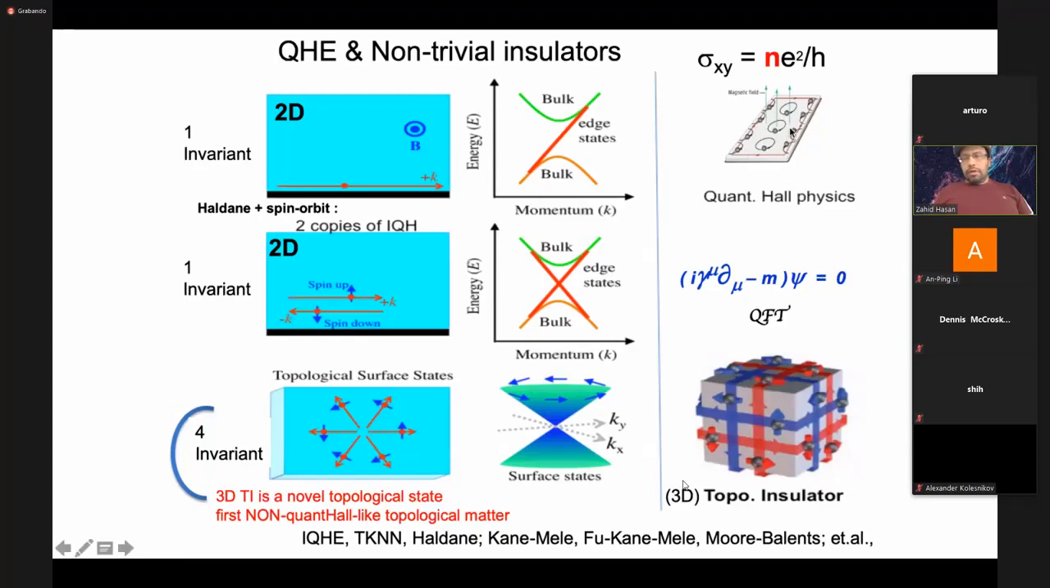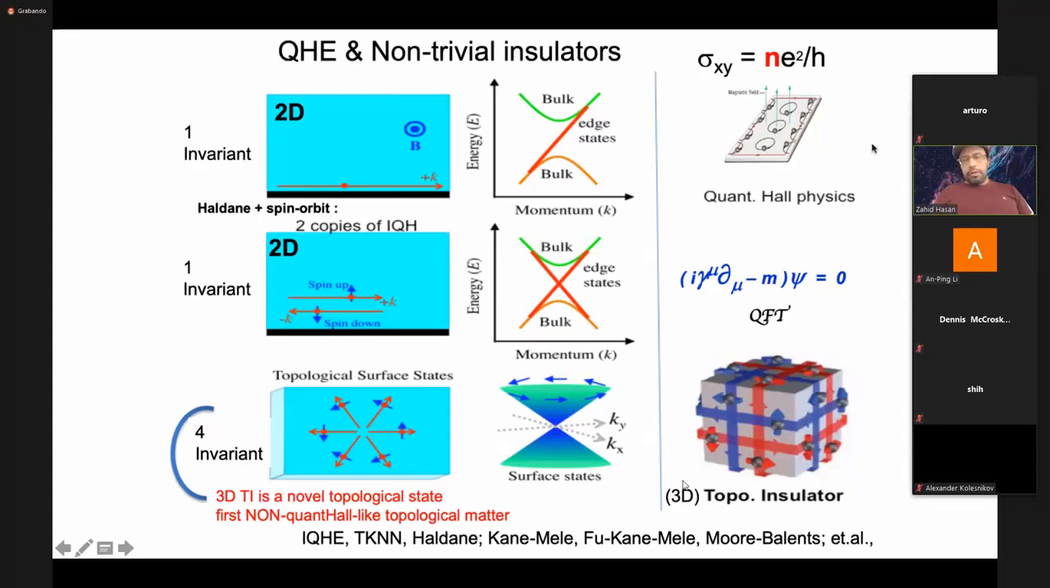Now, if you want to represent quantum Hall effect in energy momentum space, in a dispersion relation sense, that means you have a gap in the bulk energy spectrum. But on the edge, there is a gapless edge state, chiral. The magnetic field direction sets the chirality of the edge state. So you have a branch like this, a single branch. And this is